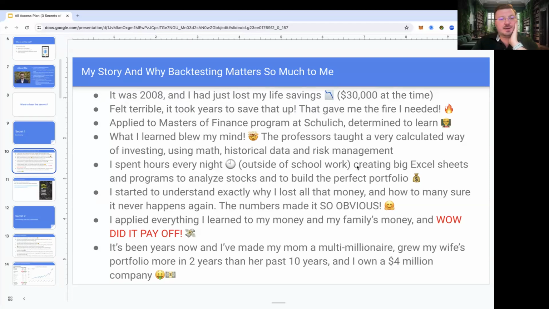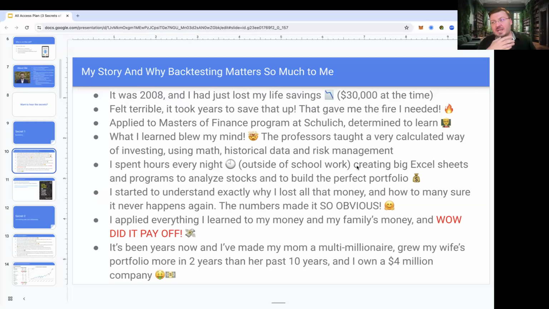When I applied everything I learned, what I screwed up made a lot of sense, because I put my money in this and was over-leveraged. It really taught me how to actually manage my money, doing essentially a backtest inside of an Excel spreadsheet. It's a manual type thing: okay, if I put it in the year 2000 and I bought this, you can follow along in Excel spreadsheets. We have much more automated ways to do this now. But it became super obvious why I lost my money.